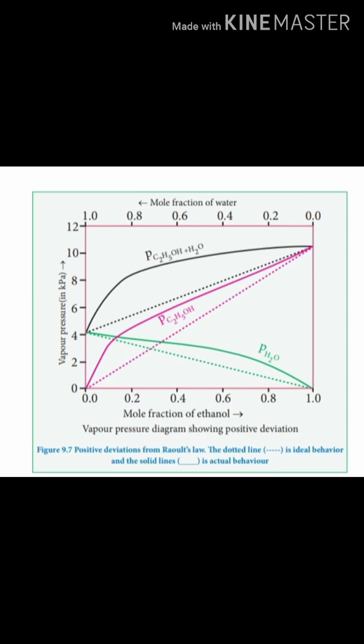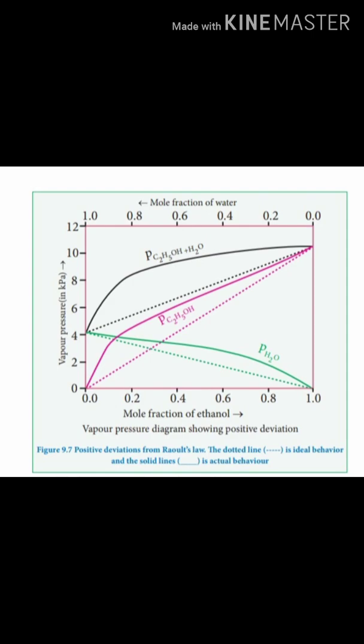Ethyl alcohol and water, each among themselves. This results in increased evaporation of both compounds from the aqueous solution of ethanol. Consequently, the vapor pressure of the solution is greater than the vapor pressure predicted by Raoult's law. Here the mixing process is endothermic, that is, delta H mixing is greater than 0, and there will be a slight increase in volume, delta V. For example, solutions showing positive deviations: ethyl alcohol and cyclohexane, benzene and acetone, carbon tetrachloride and chloroform,